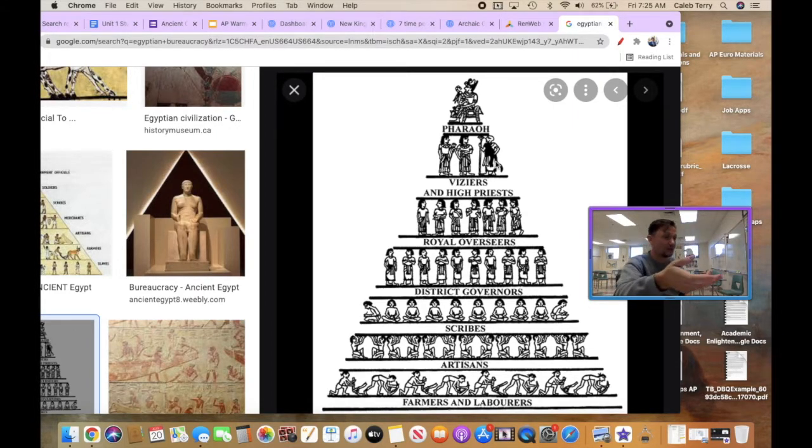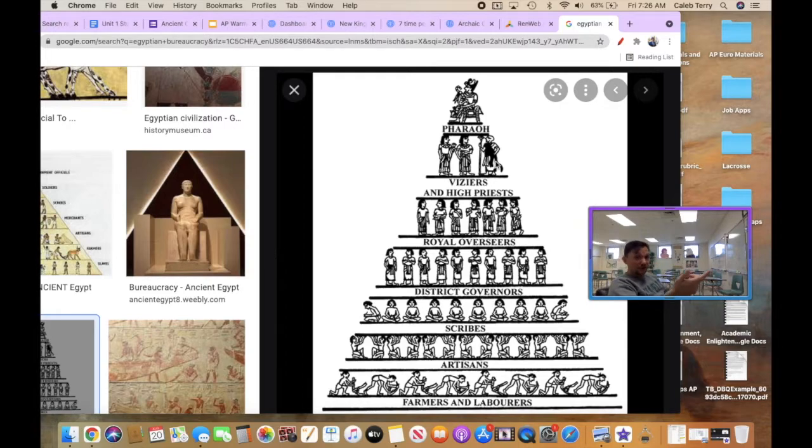They discuss with him the will of the gods. He discusses with the viziers how he wants to do a decree of, we're going to increase tax collection by X number of grains, right? Because remember, the Egyptians didn't pay taxes in money, they paid taxes in farm products, right? Because money hadn't been invented yet. The money doesn't get invented until getting close to the Greek period, actually.